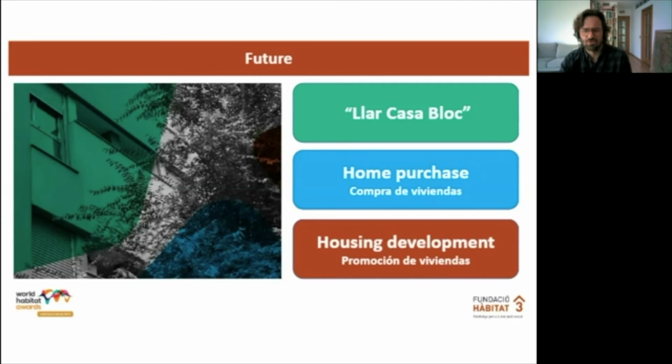And finally, as a conclusion, our experience is that mobilizing empty houses and buildings to the social market is too complex for one operator alone. To try to solve these situations we need collaboration and networks of different actors, like public administrations at different levels, private owners and investors, and social organizations working together. We will be attentive to the next generation European funds that we expect to use for this purpose, especially for energy and renovation. In this case, our activities will have not a triple, but a quadruple social impact: improve the cities,